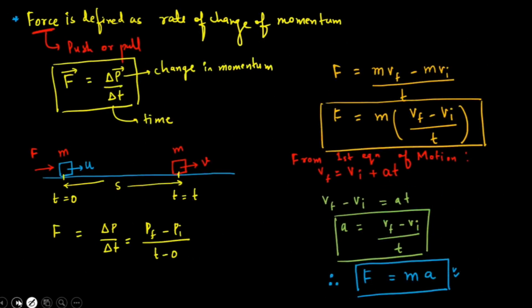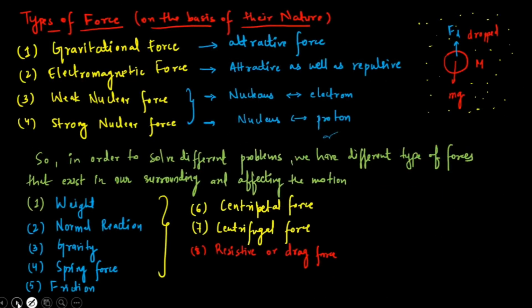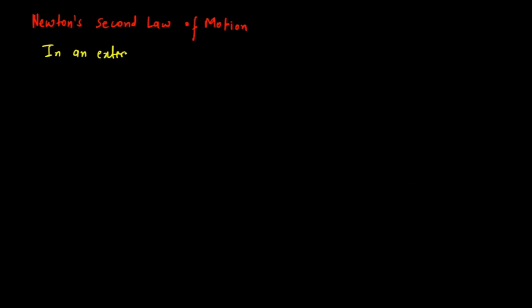We defined what is force, how it can be defined. We talked about different types of forces. So how we got to know about force? Force was primarily given by Newton's second law of motion. According to Newton's second law of motion, it says that if an external force acts on the system,